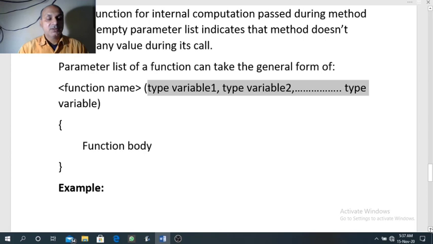Body of the method you have already seen. Within a pair of curly braces, whatever instructions we want to give to the computer are mentioned in the body.